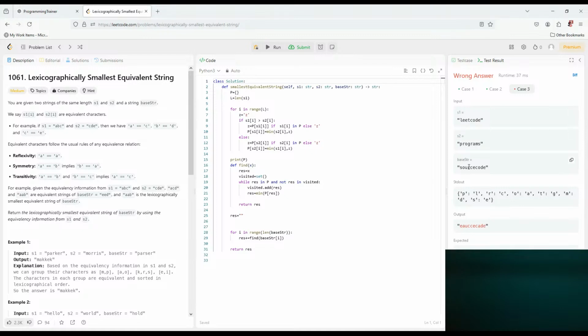S to A, because see here, E can be replaced with R, then E can be replaced with O, then O can be replaced with A. That means that E can be replaced with A, and my algorithm is not picking it up. So I checked,